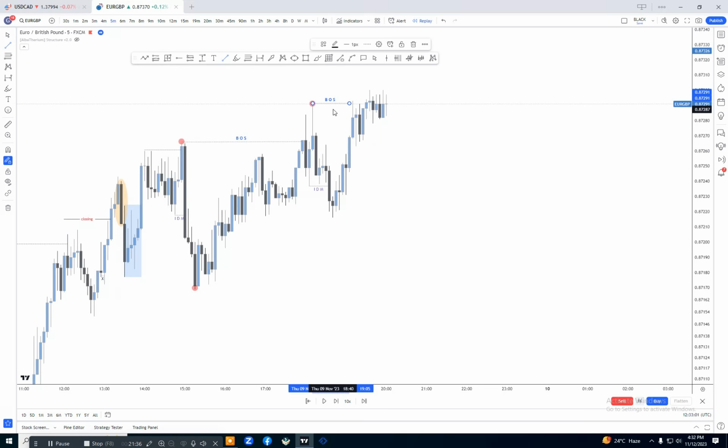I hope this video will be very informative and will clear up how to mark a structure, how to mark a correct pullback, how to mark a correct breakout structure, how to mark a correct change of character. The main thing is inducement, which acts like fuel in the market. With the inducement you can find your breakout structure, your higher highs and higher lows, and your correct trading range. So watch this video again and again.